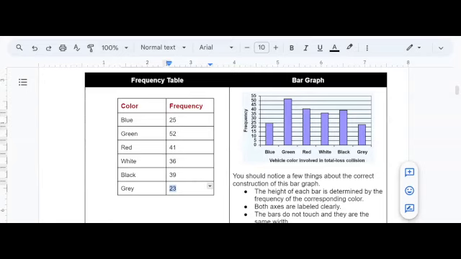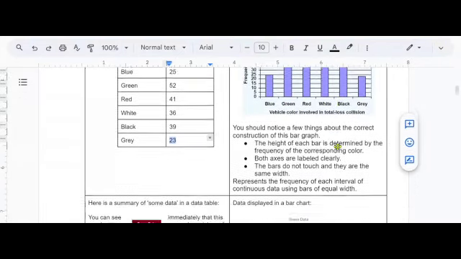You should notice a few things about the correct construction of this bar graph. The height of each bar is determined by the frequency of the corresponding color. Both axes are labeled clearly. The bars do not touch and they are the same width. Represent the frequency of each interval of continuous data using bars of equal width. Another example here,